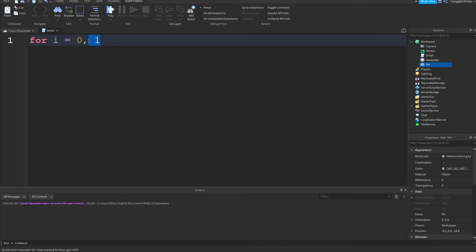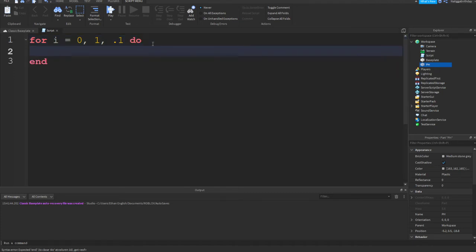Okay, this is the goal. And how we're going to get there is we're going to change it 0.1 every time. So it'll go 0, 0.1, 0.2, 0.3, 0.4, 0.5, 0.6, 0.7, 0.8, 0.9 until it reaches 1. Do part.Transparency